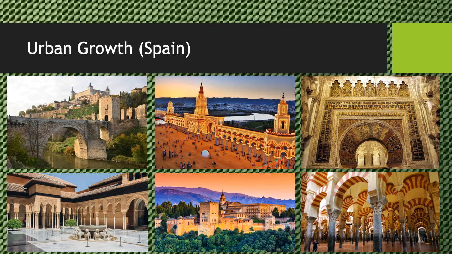Tunis. In Spain, so Muslim conquerors also conquer Spain, and you're going to see thriving industrial centers and commercial centers in Cordoba and Toledo and throughout the southern part of Spain. So some of the most beautiful buildings today in Spain were buildings that were built during the Muslim period in Spanish history.